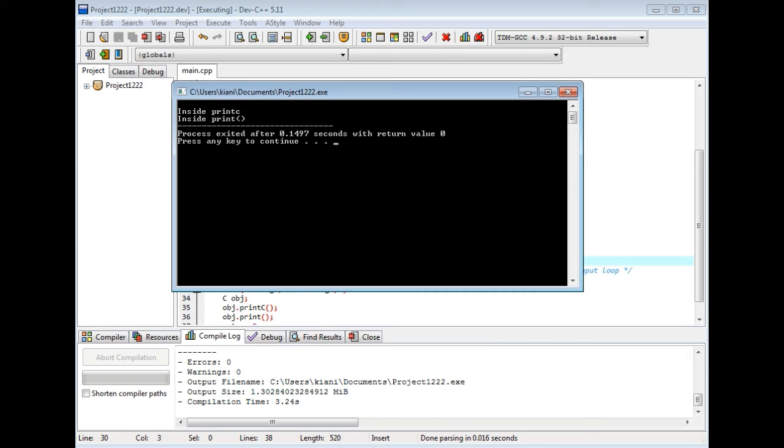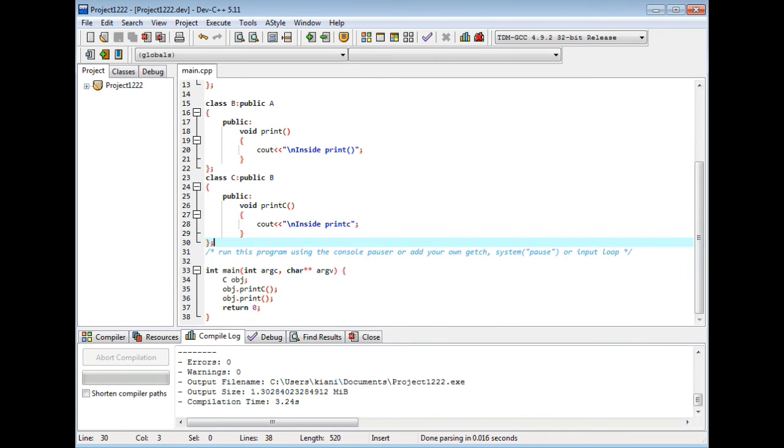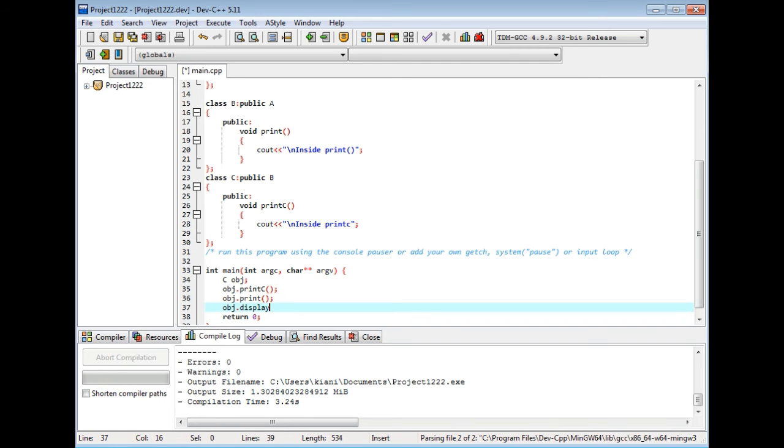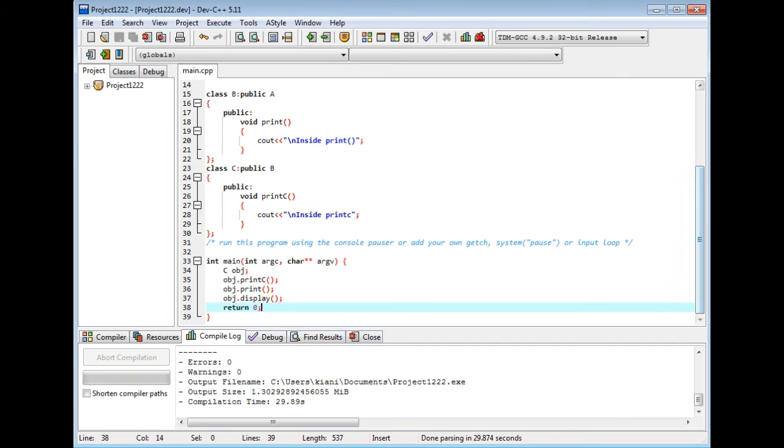Now if we call a function from class A, that is display, obj dot display. Okay, now I compile this.